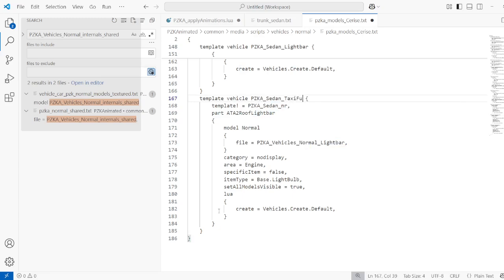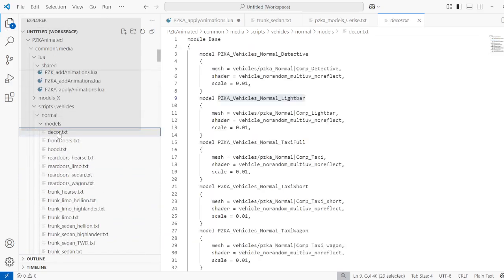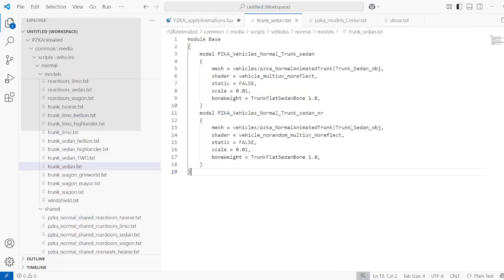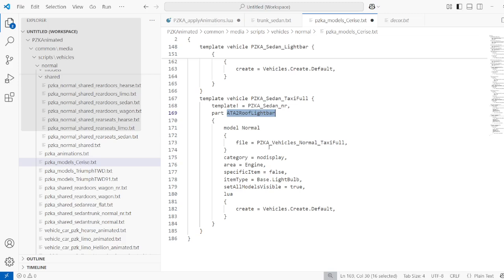Taxi. Oh. Yeah. Because for taxi we have some variations of decor. So we have taxi full, we have taxi short, and we have taxi wagon. So let's assume here we want taxi full. Light bar, taxi full. Should I put it as a light bar? I mean, yeah, why not? We might want to then use it as